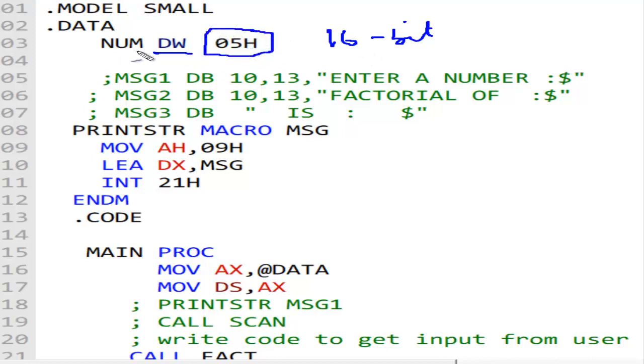So what I'm doing here is I'm creating a DW. You can have a DB or whatever numbers you have here. It could be single digit, 2 digit, 4 digit, whatever. I'm taking a DW, that is the word size, a 16-bit data type, and I'm getting a single digit hexadecimal number, so 05H. That means 5. Typically I'm taking 5 in my num,